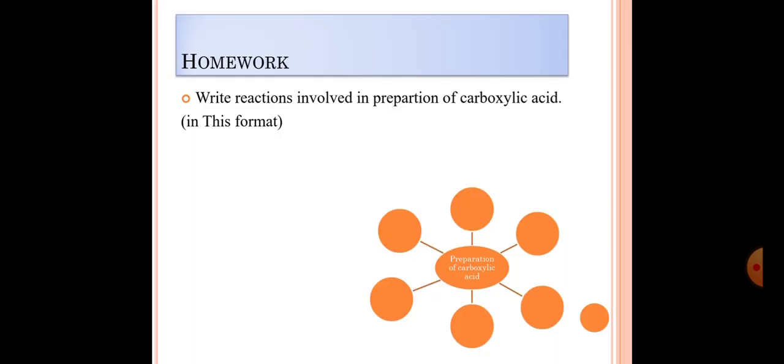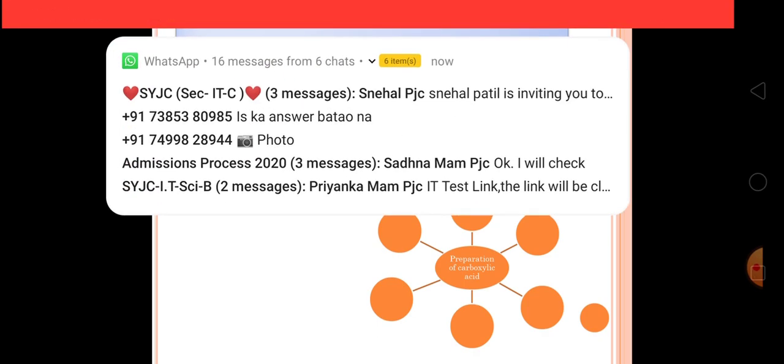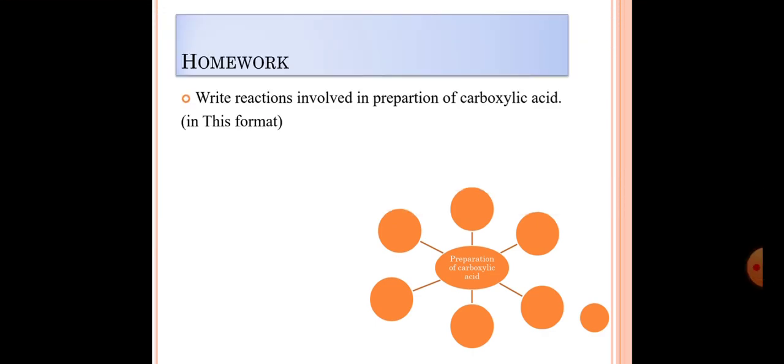I don't want essay writing for this preparation of the reaction. I want this tabular format, and you have to send me personally on my WhatsApp number. I will check that, how we will give the ranking for that also. ठीक है. So consider it as a competition. So you have to learn in that tabular format. Students, when we are going to prepare short notes or a presentation like this, easily याद रहेगा आपको instead of writing in the paragraph format. ठीक है. So like this for organic chemistry, this is very very important. You have to learn like this.